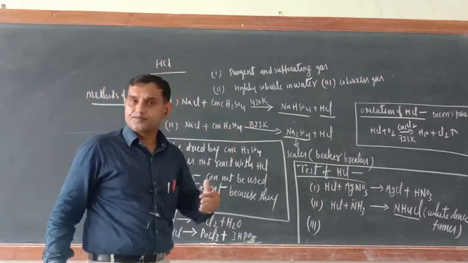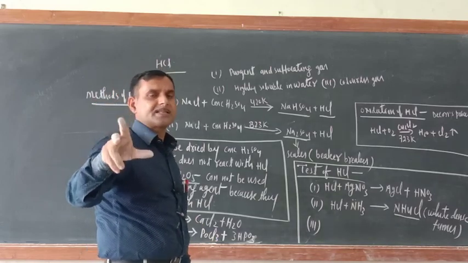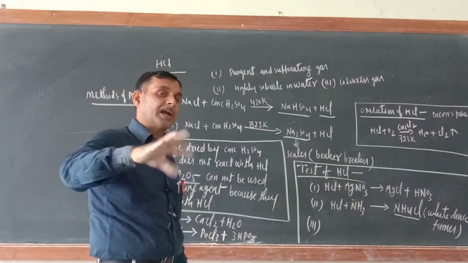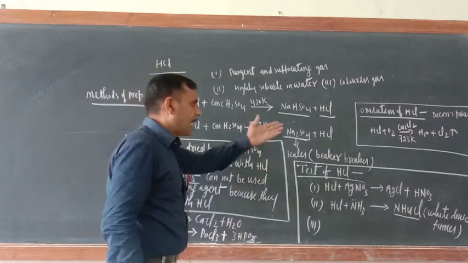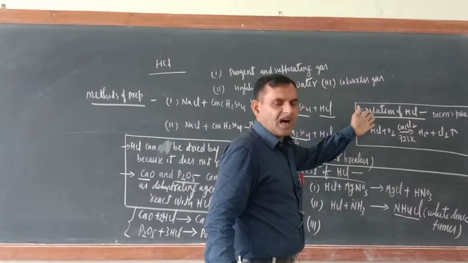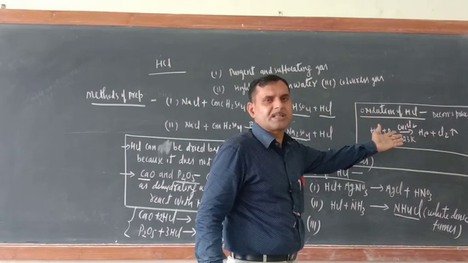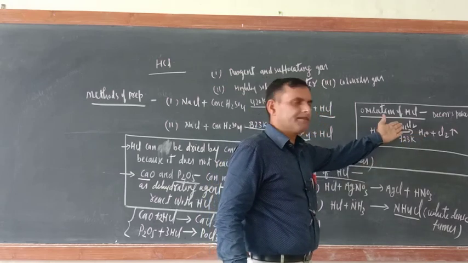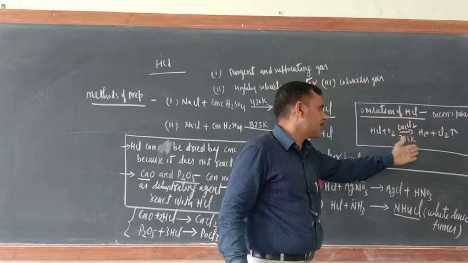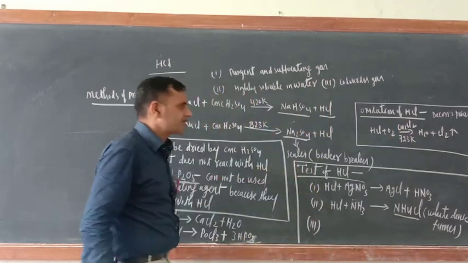Next one is a mixture of 3 parts of HNO3 and 1 part of HCl. This is known as aqua regia, and all those reactions in the HNO3 case I taught you. Oxidation of HCl: yesterday I taught you Deacon's process in the method of preparation of Cl2. HCl reacts with oxygen in presence of Cu2Cl2 at 723 Kelvin and forms H2O and Cl2.